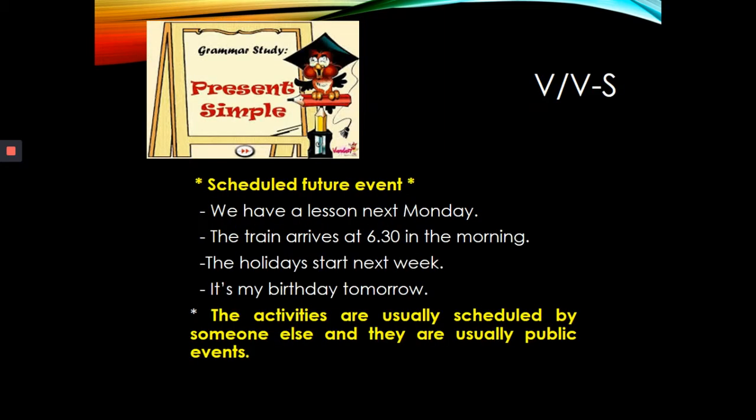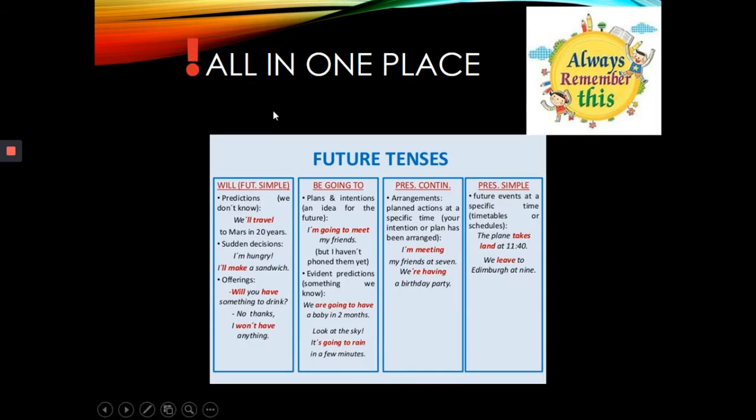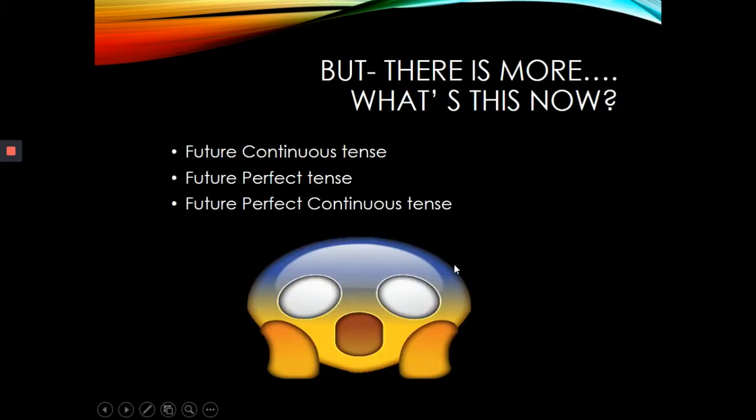Present simple is also used for describing present actions that are happening regularly, but it is also used for scheduled future events. The activities are usually scheduled by someone else and they are usually public events. Here you have these four future forms in one, and now let's go on to future continuous, future perfect and